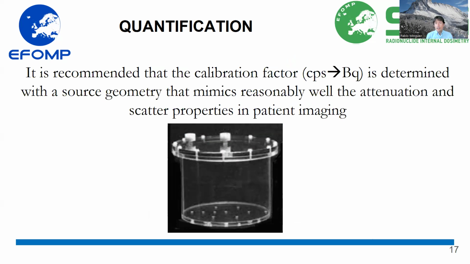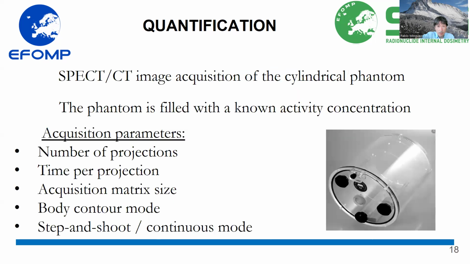As I've said, the reconstruction is far from being perfect, and it's good that we use a phantom that can be somehow similar to a patient. So once we have acquired the image of the phantom, we will be able to convert the count rate into activity. But for the acquisition, we have to decide the number of projections, the time per projection, the acquisition